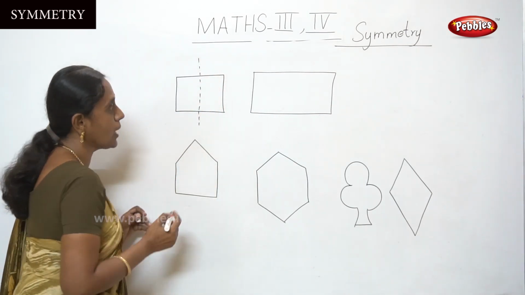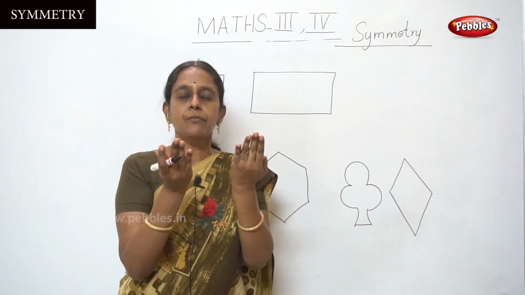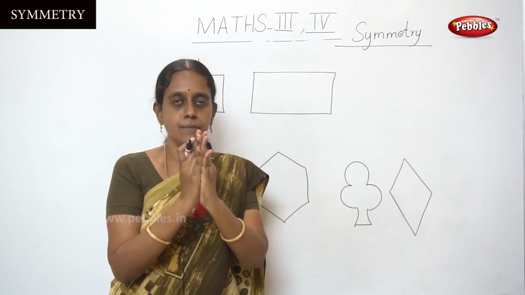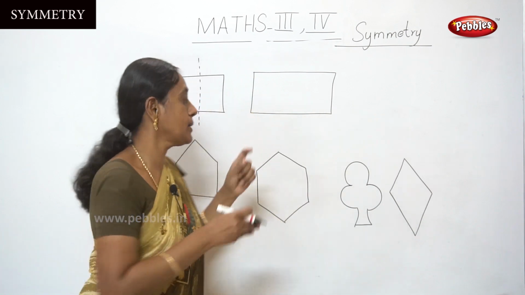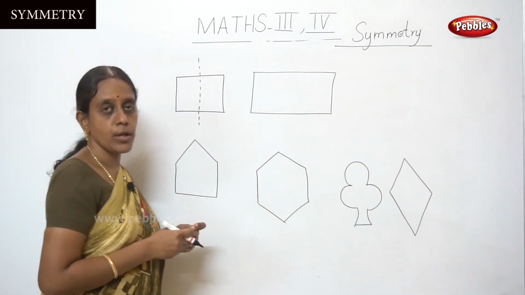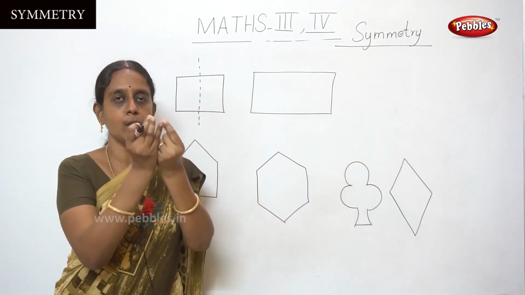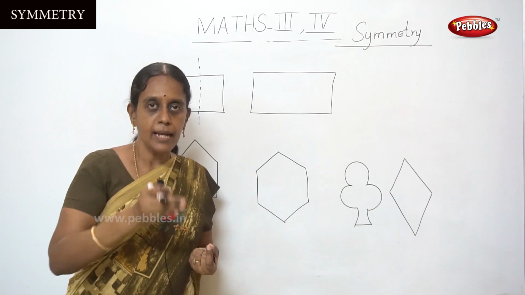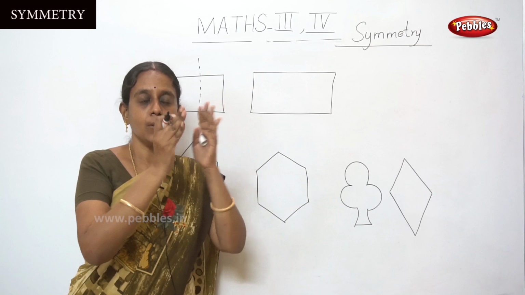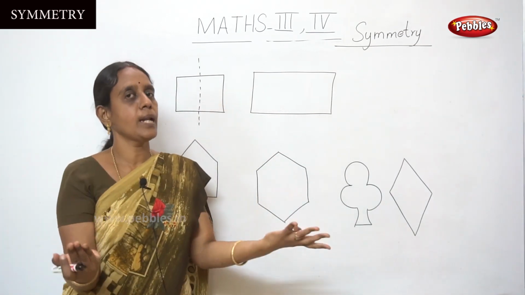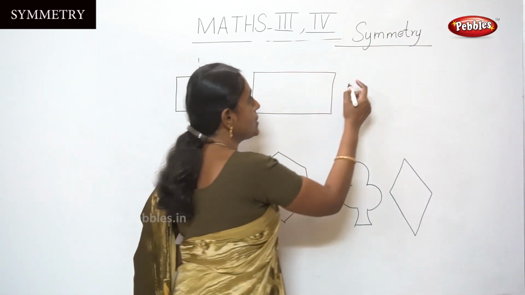For example, you have to take a paper sheet, a square shape paper. If you can fold it into equal halves and again open it, that's a depression, that is a folding mark in the paper. Do you understand? So take a small square shape paper and fold it into equal halves, that's a folding line, that is an imaginary line. If you can divide into 2 equal halves, those shapes are called symmetrical shapes.